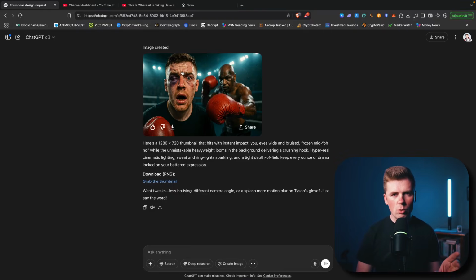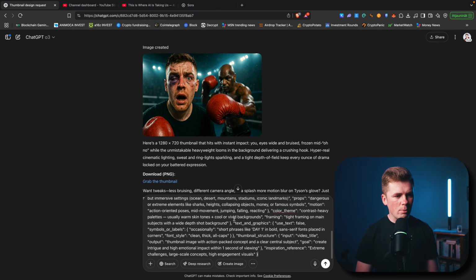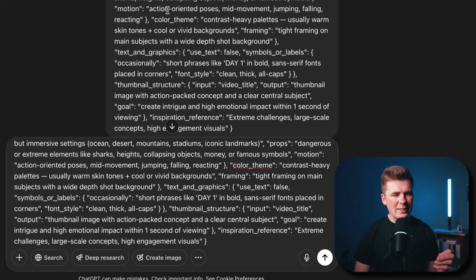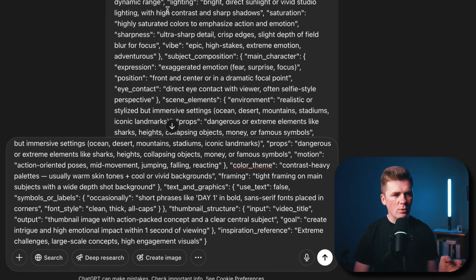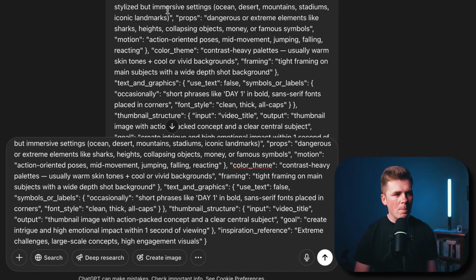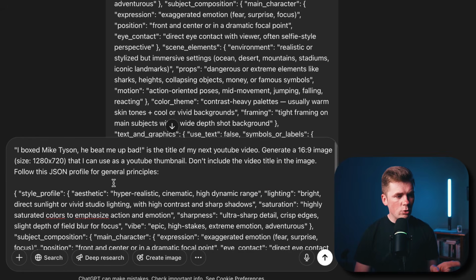So what you want to do, and the prompt is in the description below, you will want to paste the prompt. And here you can see the prompt. It is really weird. I didn't make up this prompt myself. I found it in the trenches deep on the internet. So you basically want to copy and paste this prompt, and you want to change this